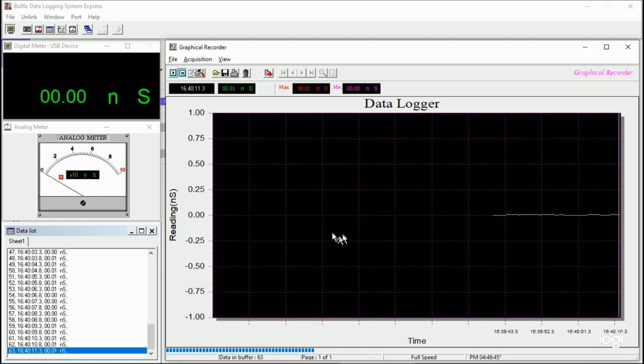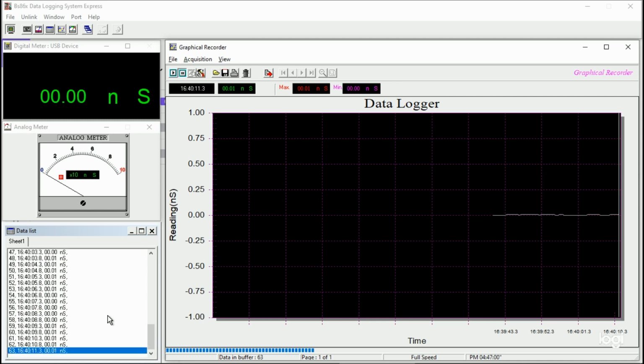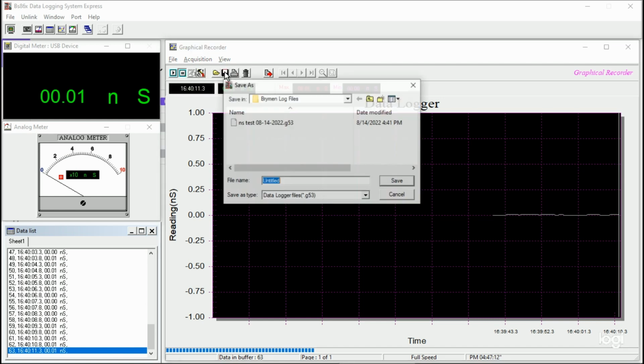While I was doing a little poking around, I ran a little evaluation of a nano Siemens graph. It was an open circuit, so it was close to zero, and it came up with a time data stamp of every 0.5 seconds of close to zero, but I just wanted to see what format it could save data in. Now I started and stopped the acquisition, and I want to save it, and normally it would save in a data logger